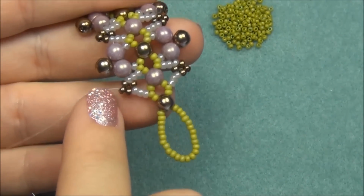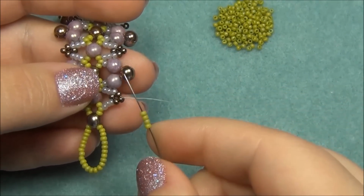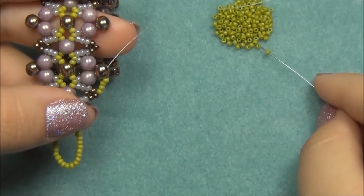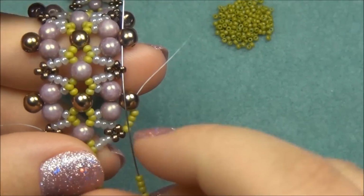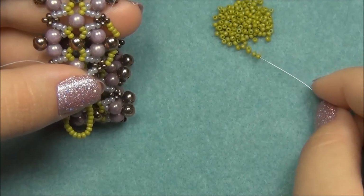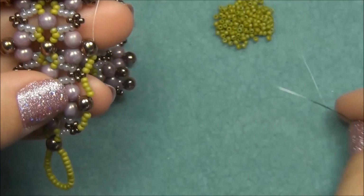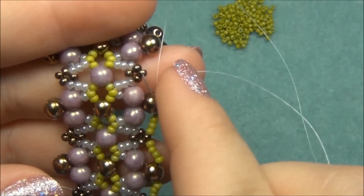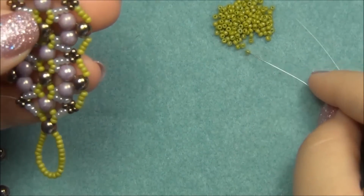So now I have a thread exiting out here and here, and all I have to do now is pick up 4 11 seed beads and pass through the second hole in this round duo. Then I'm going to pick up 4 again, and I'm going to pass through this 11 seed bead right here. Okay, then exiting out of that, I'm going to pick up 4 11 seed beads, and I'm going to pass through the second hole in my next round duo. Same thing, 4 11-Os, exiting out of this bead, I'm going to go through this 11 seed bead. Okay, pick up 4 11-Os again,